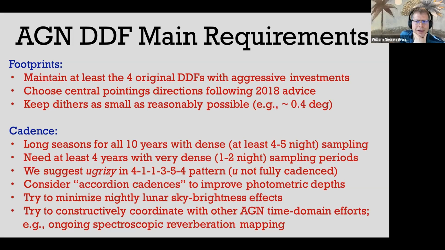Yeah, so clearly it would be nice to have that sampled in a similar way, to just add to the numbers. But we do think that the numbers of AGNs that we're going to have will be very good, just with the 4 original deep drilling fields that I've been plugging for I don't know 15 years now or something. And so our thinking has been, let's make sure that those 4 get done well. That will let us get our science done. If you want to do Euclid, great.